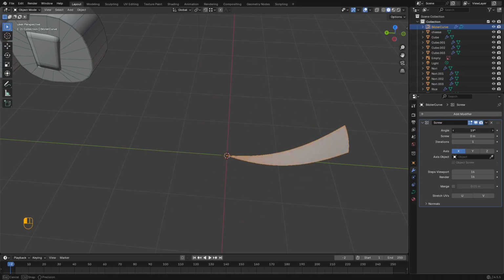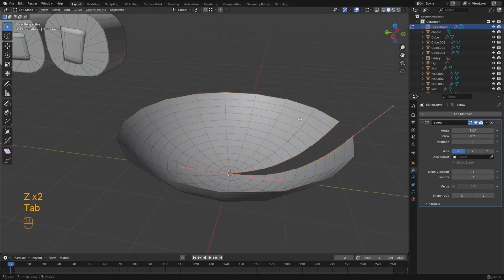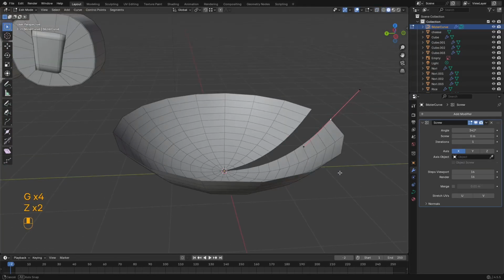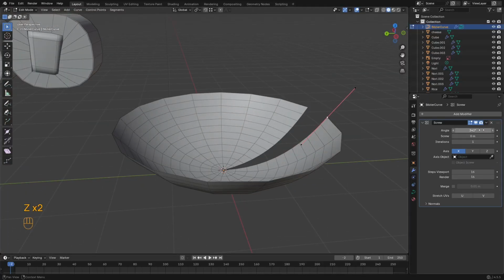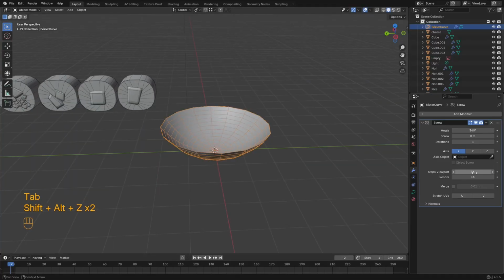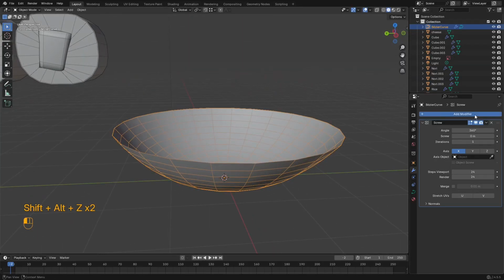Now we can see that when you are adjusting more angle, you can create a 3D model from the basic bezier curve that we used. So this is how screw works. So we need to make 360 here, and yeah, also can adjust more edges. And okay, after that we can use solidify